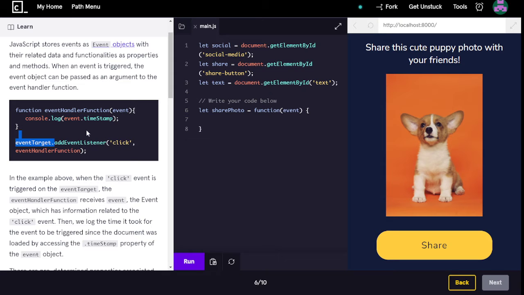Then we log the time it took for the event to be triggered since the document was loaded by accessing the timestamp property